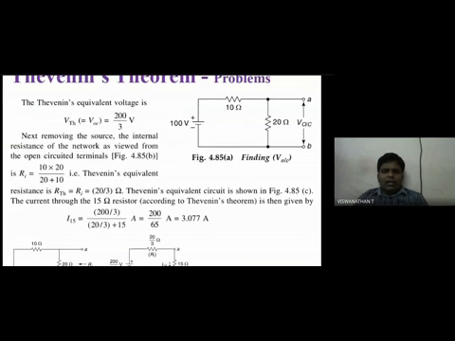So for R Thevenin, we need to short the 100 volts. Then 10 ohm and 20 ohm are in parallel, so we calculate that. Then I'm getting R Thevenin as 20 divided by 3. So 20 divided by 3, 200 by 3, and my resistance is 15 ohm. So these three are connected in series, so I can easily calculate 3.07. You can verify using any conventional method. You can use mesh analysis, or you can simply go for the current division rule or voltage division rule.